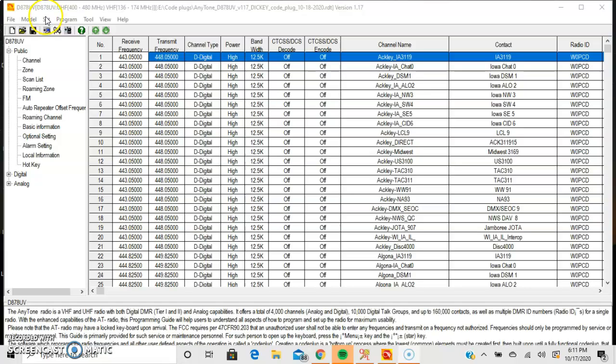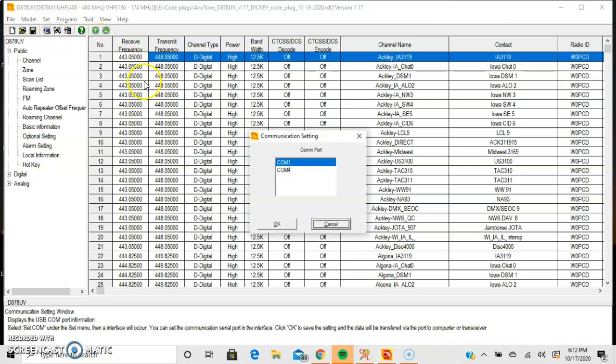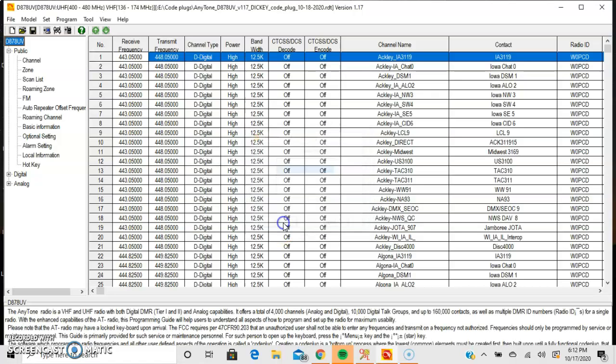So the first thing you're going to do is come up here to Set. You're going to click on Set COM. And you should only have two in there. COM 1 is always there. COM 4 will more than likely be the radio port, or it might be COM 2, it might be COM 10, it might be whatever. The way you find out what it is